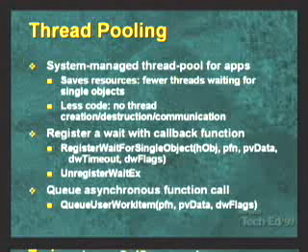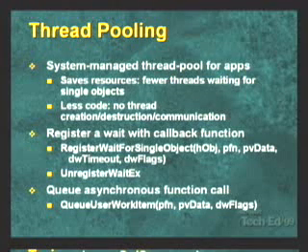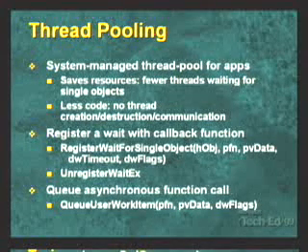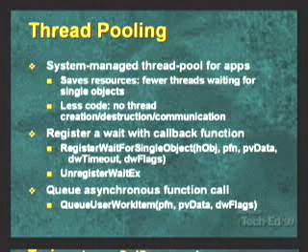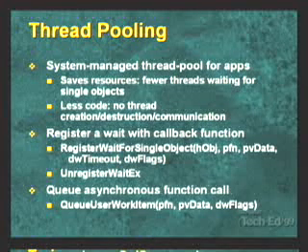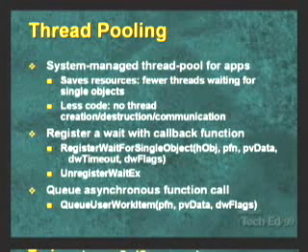The first thing is you can call this function, register wait for single object, which is similar to the old wait for single object function. But here the register function tells the thread pool, first create yourself if you don't already exist, and then have a thread that waits on this kernel object. When the kernel object becomes signaled,